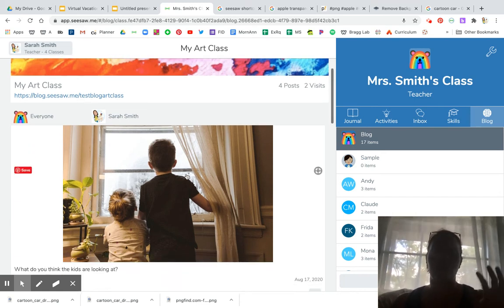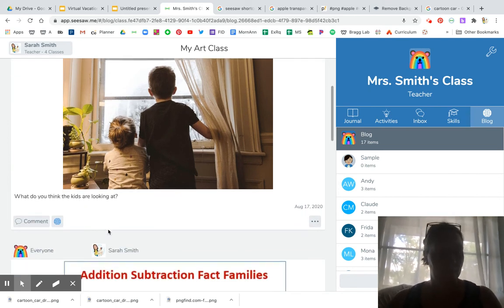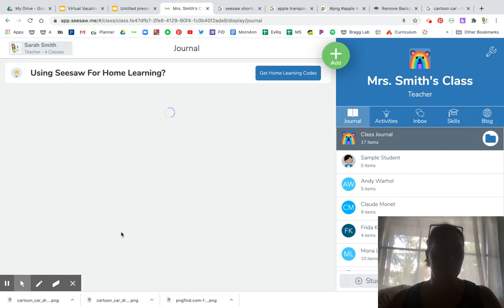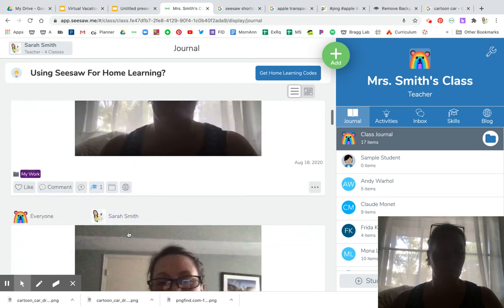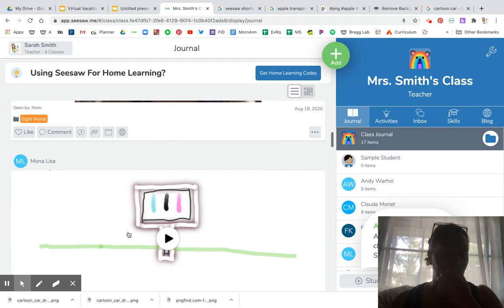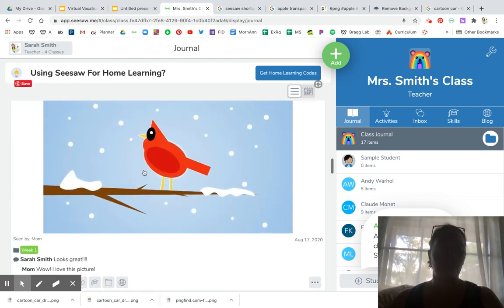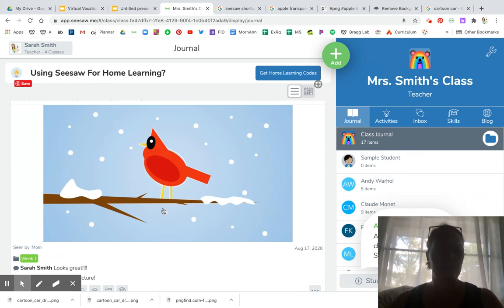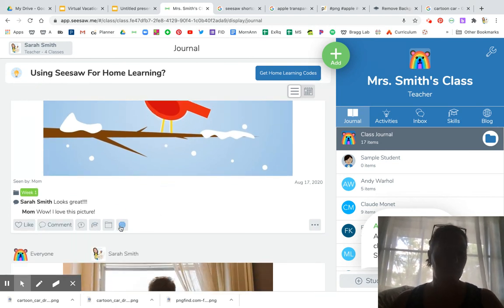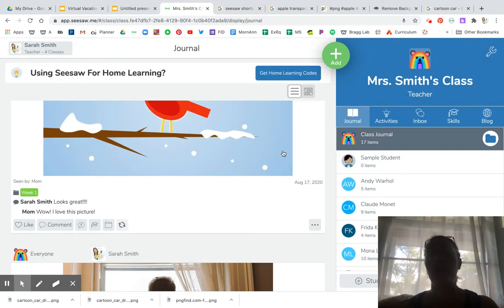Now, how do you get your stuff into this space? Great question. This little globe, okay? So let's say I'm in here, okay? And these are all the pictures I was playing around with, okay? And let's say this is phenomenal. You want to share with the class because they were fun, they did great. All you have to do is just click that little world and it's published to the blog, and now everyone can see it. Okay, so if I go in the blog,